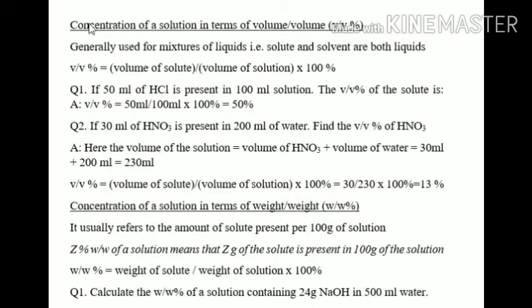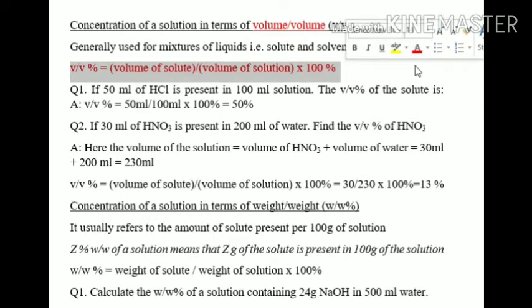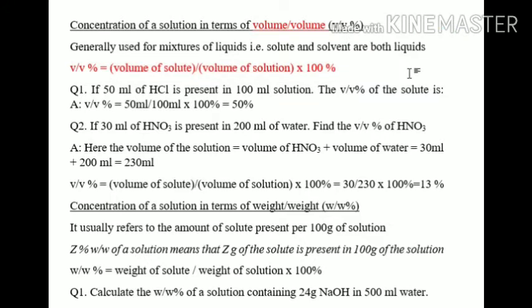Now we can also measure concentration of a solution in terms of volume by volume percentage. Generally we use volume by volume percentage for liquid mixtures, that means solute and solvent both are liquid. So if solute is a liquid and solvent is also a liquid then we use volume by volume percentage, okay. It is defined as the ratio of volume of solute by volume of solution into 100%. So volume of solute or jitu volume hobo etu moi solution or volume ere divide kori 100 e multiply kori dim